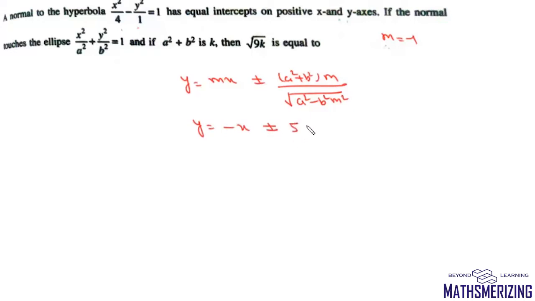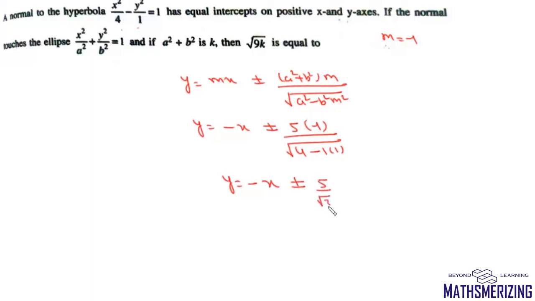Now once we have a, b and m, we can write the equation of the normal as y equals mx plus minus (a square plus b square) m upon under root of a square minus b square m square. So we can write this equation as y equals minus x plus minus. Now what's a square plus b square? A square plus b square is 5. Value of m is -1, under root of a square, which is 4, minus b square m square is 1. So the equation of the normal to this hyperbola is y equals minus x plus minus